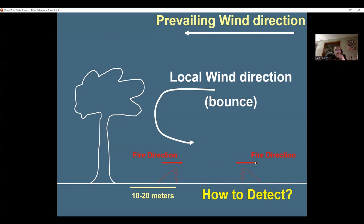And so the fire generally will start to go in the opposite direction once it gets far enough from those trees, which is generally about 10 to 20 meters. So trees or tree lines can affect wind direction on a local basis, and you can tell the difference between a